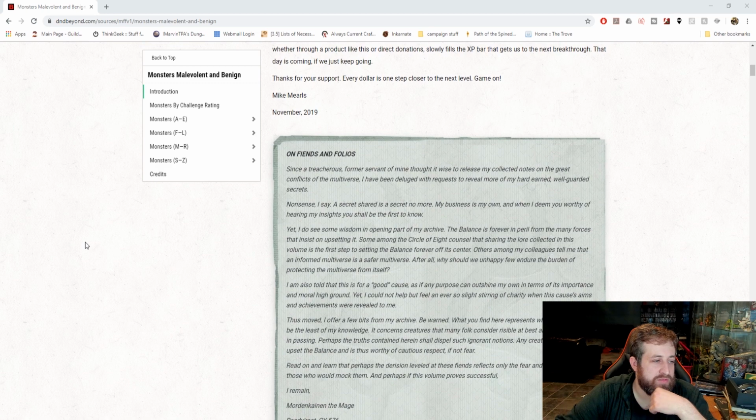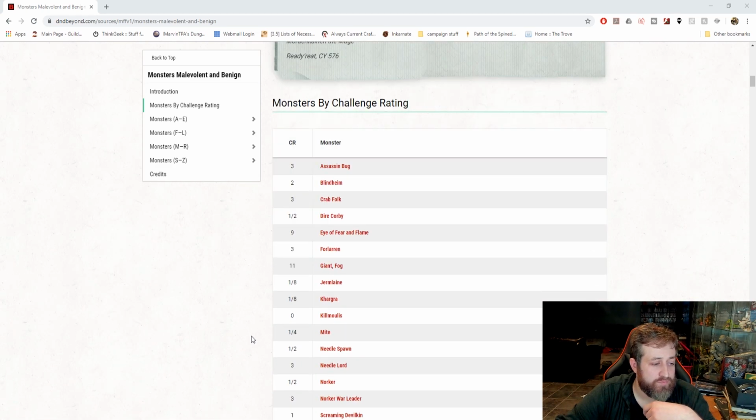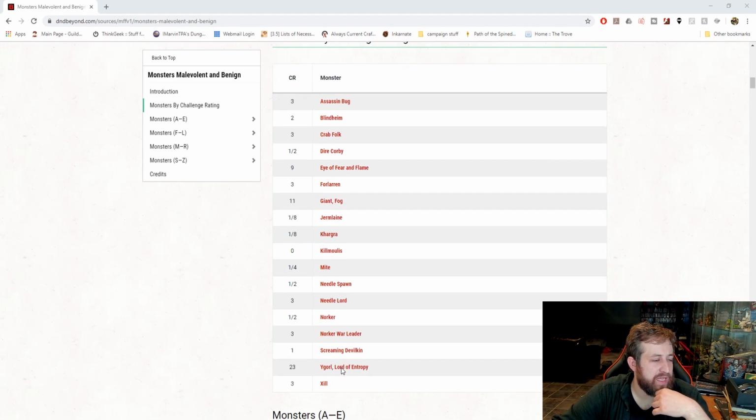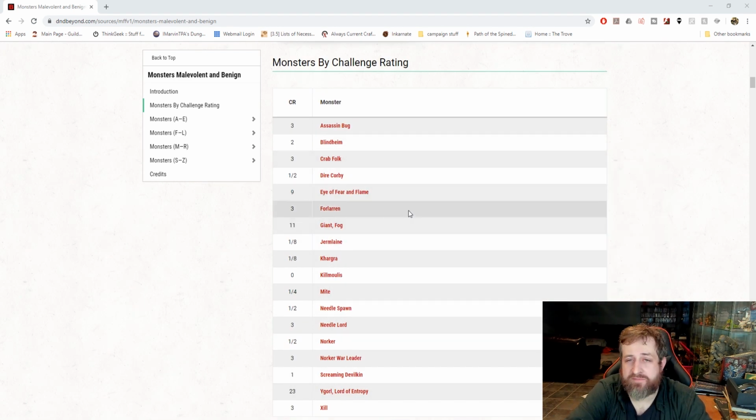And there's a little bit of flavor text here. Here's the list. There are 18 new monsters total, which is very cool. I'm only going to go through the monsters in the A to E section, or is that A to F? A to E. So that is going to be the first 5 monsters in this,